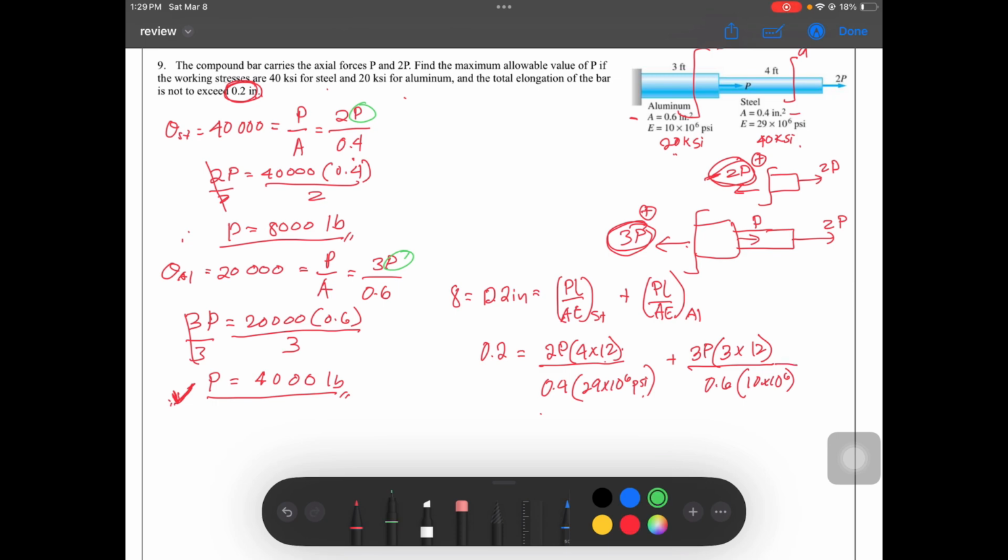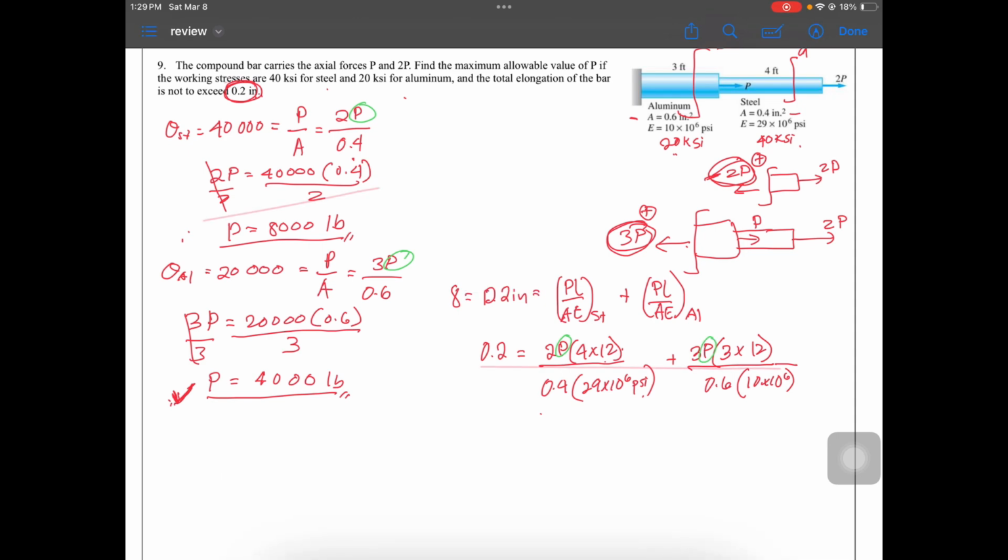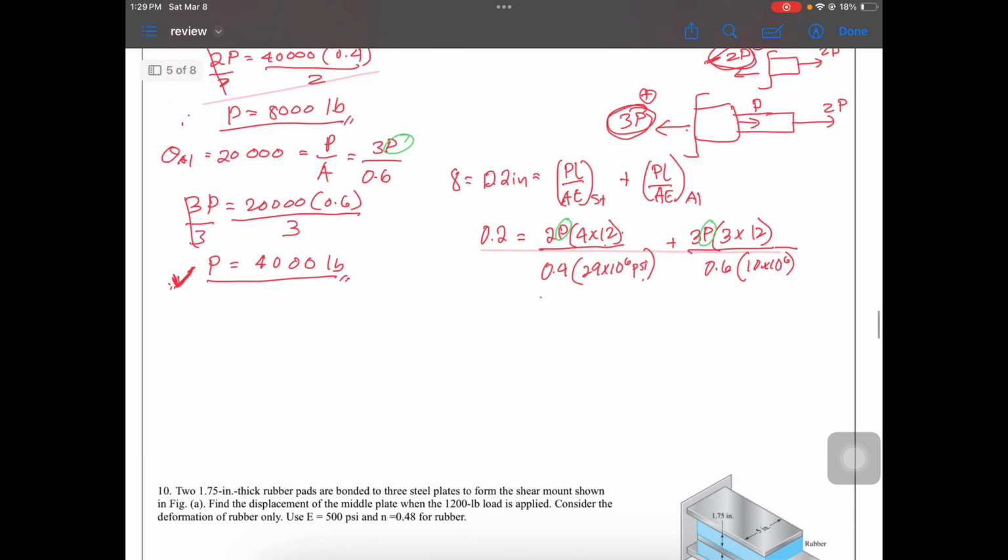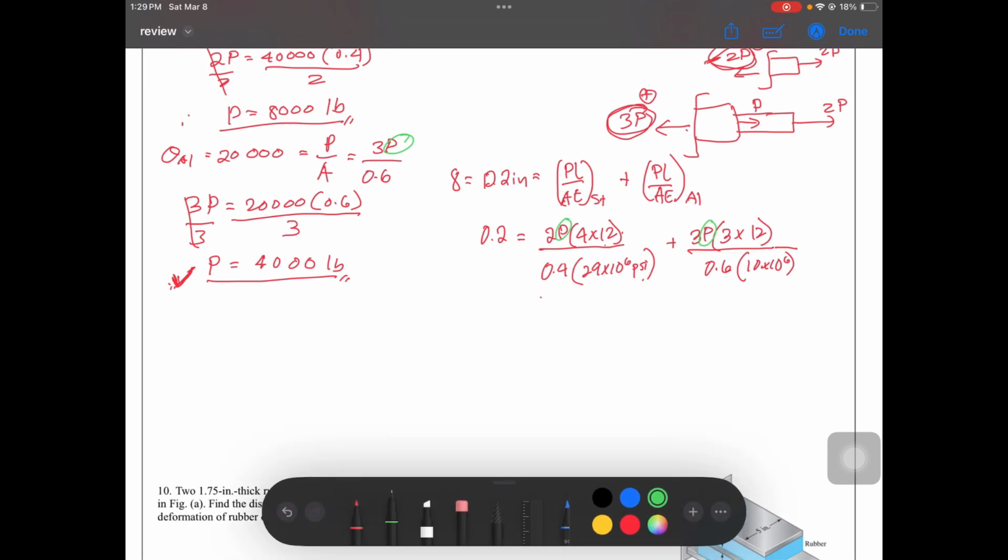So, manipulate the equation. Isolate natin ang P. So, gawin natin mga coefficients na lang yung ito. So, solve for this one para maging coefficients na lang sila. And that is